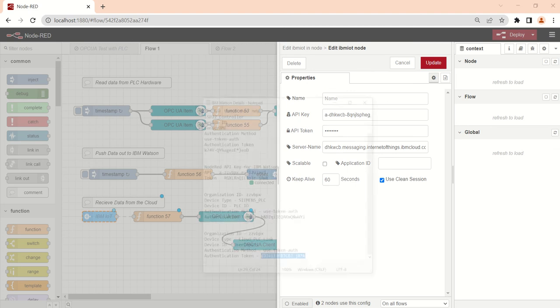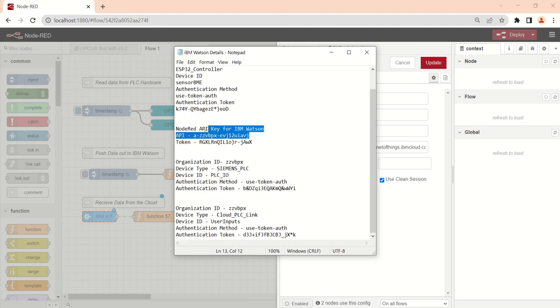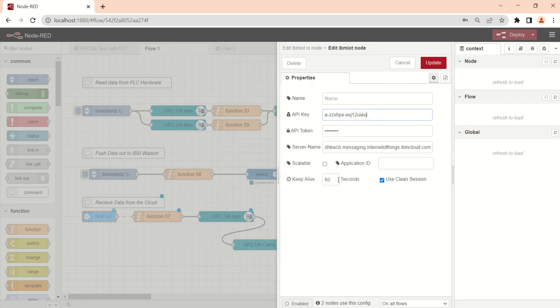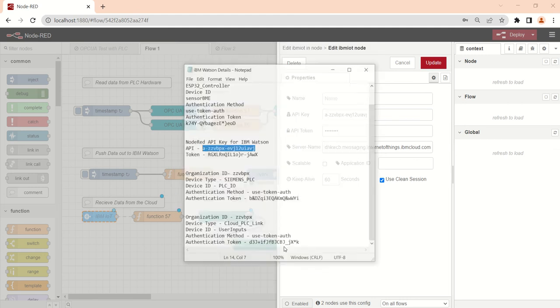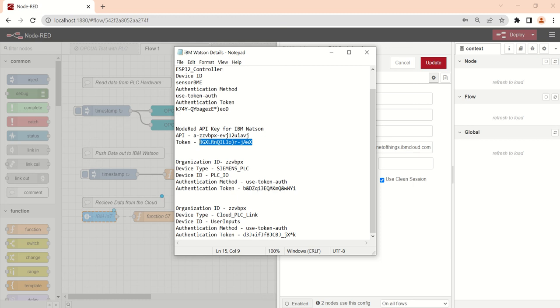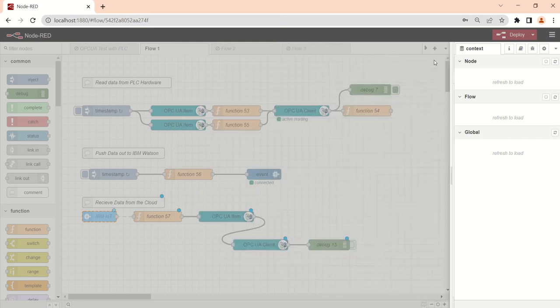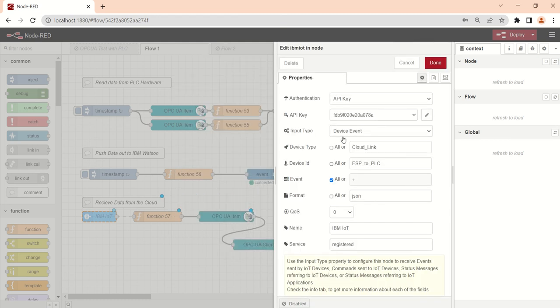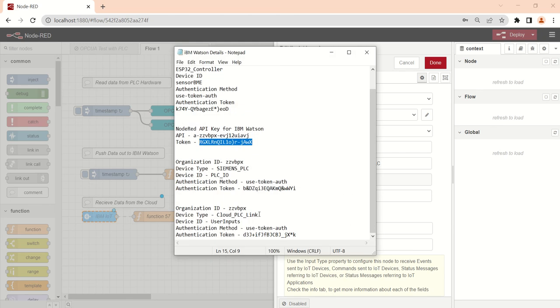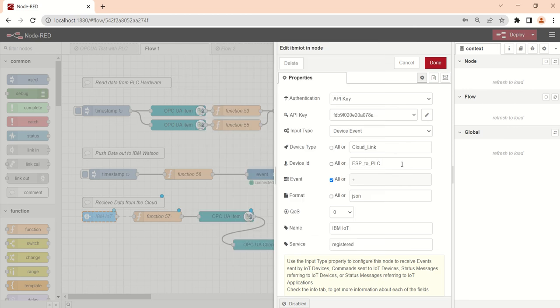Yes, we need to use the system API key for this, which I may have already, but we'll just double check. Don't think so. This is the system API key for Node-RED, which will access all of the devices on IBM Watson, but we're just going to be looking at the cloud PLC link one